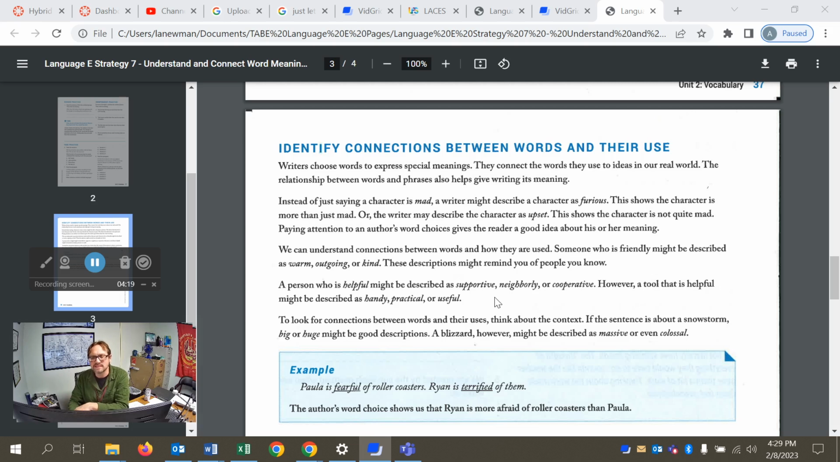Writers choose words to express special meanings. They connect the words they use to ideas in our real world. The relationship between words and phrases also helps give writing its meaning. Instead of just saying a character is mad,